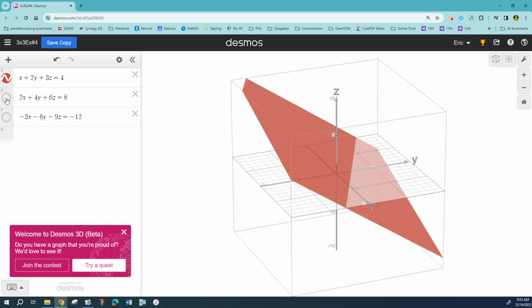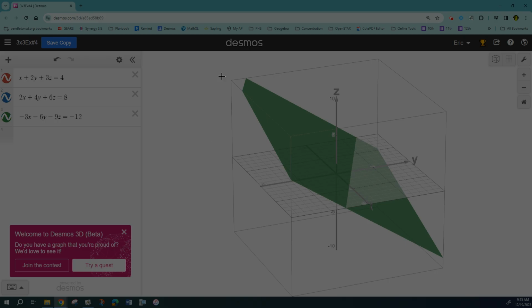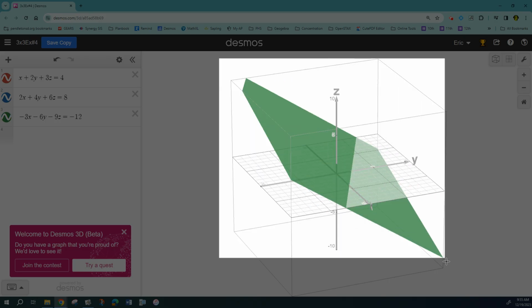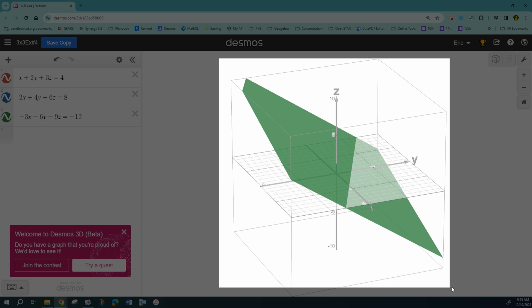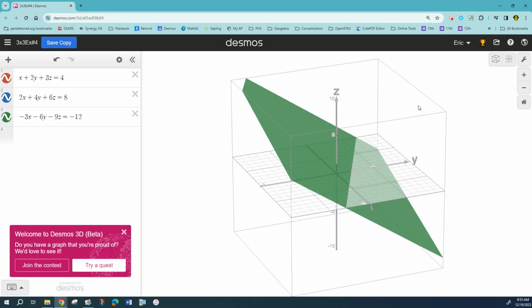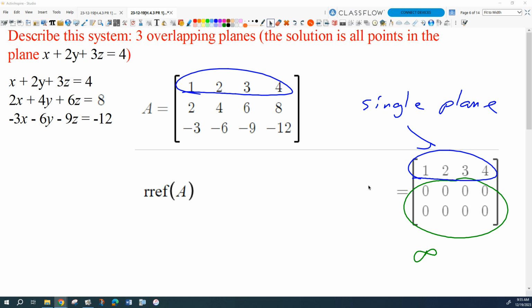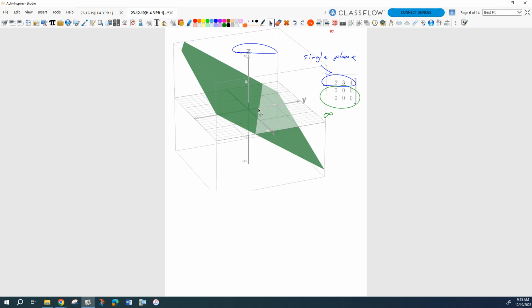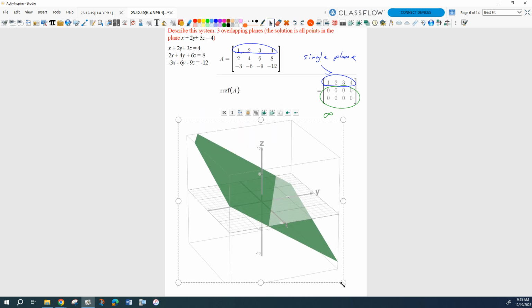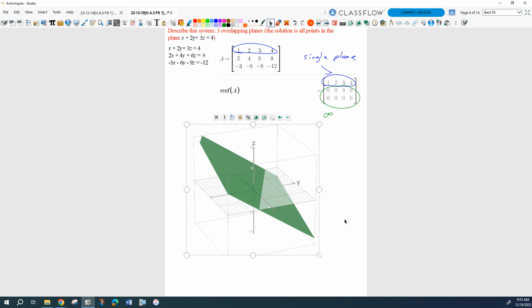First plane, second plane, third plane, all the same. Okay. All right, so